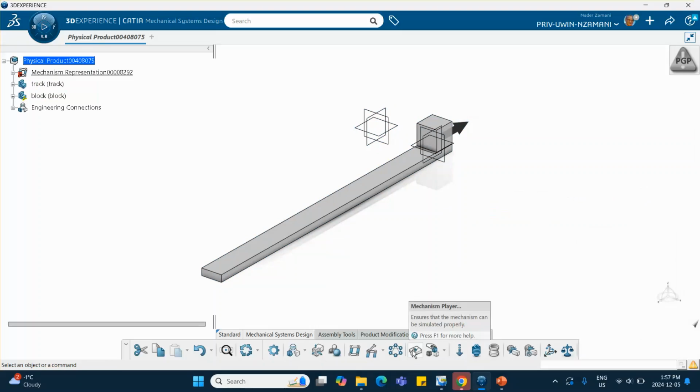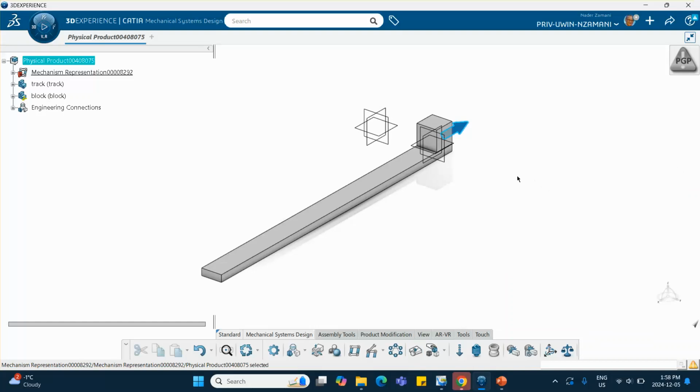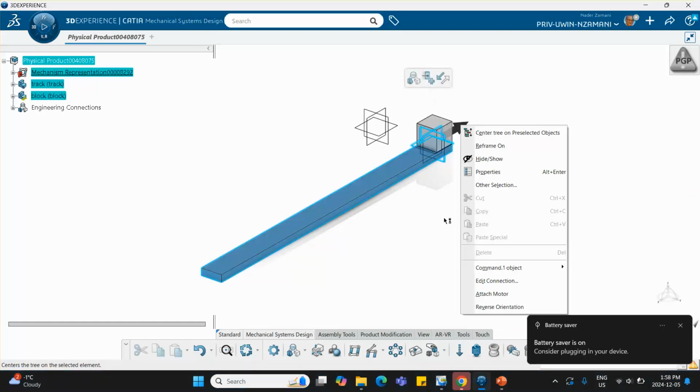Here is the before we do the physics, and later on that formula in there. I click on mechanism player. Notice this green check mark. If I move this thing to the right, that arrow would have probably told you that it goes this way, but it goes the other way. I'm not sure what they were thinking when they put that arrow in there, or what it does. Of course, you can flip it. If you flip it,